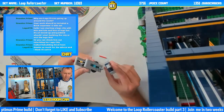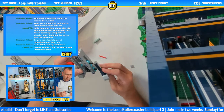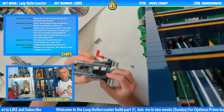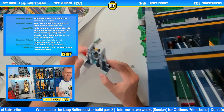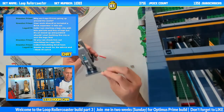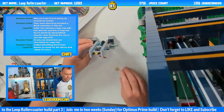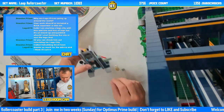Let's bring in the other side, and then we can just push that into the Technic pins, and we've got a bit of a rod sticking through there. That's our stand there. Into that rod we're going to stick this sand green connector piece as well, so it's added in. What I haven't seen is there's this little, oh look,